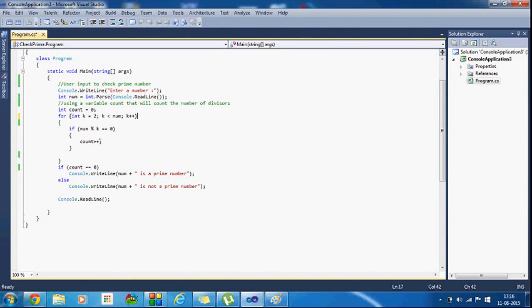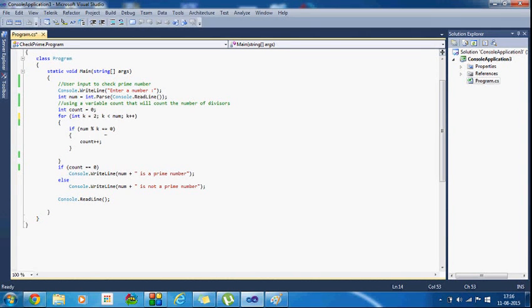Then int k equal to 2. So num, whatever number the user inputs, num modulo k gives the remainder. Suppose the user inputs 13, then 13 modulo 2.